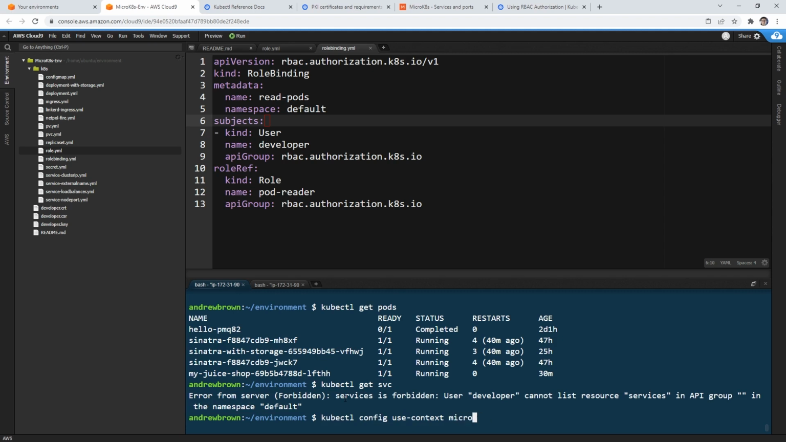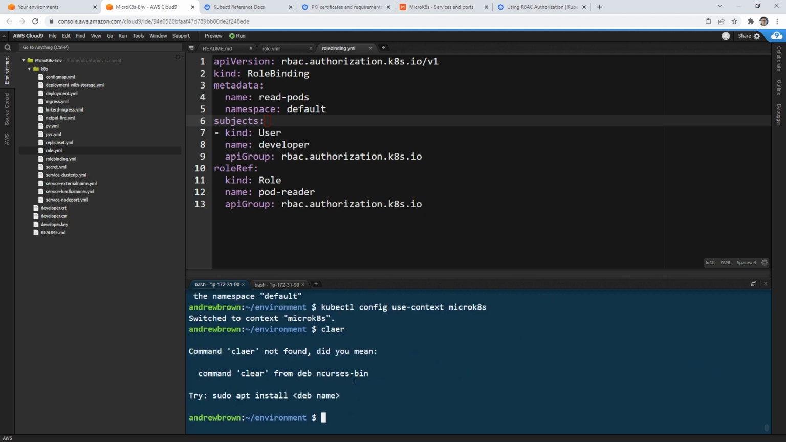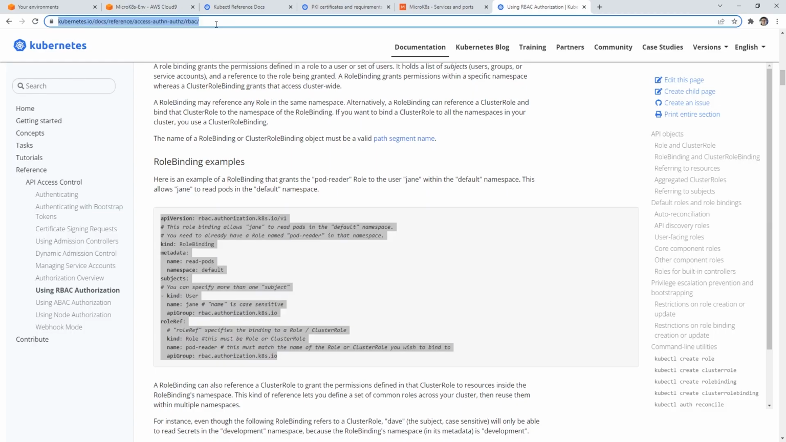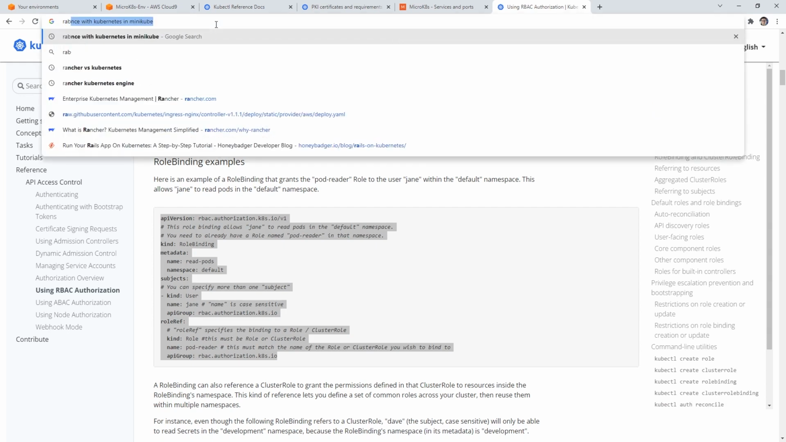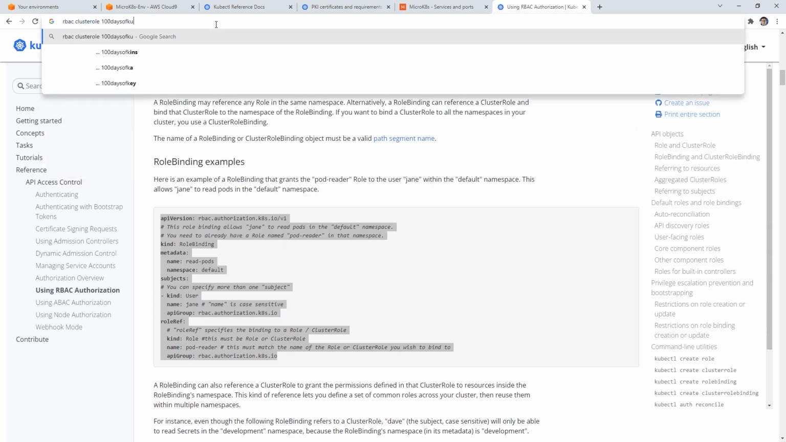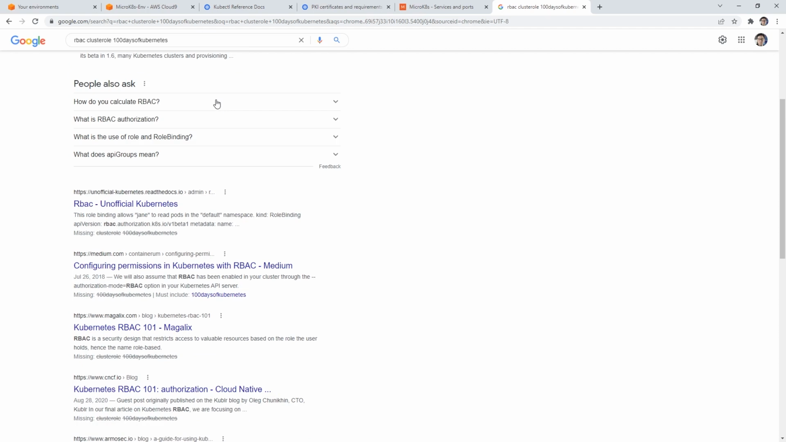And that's all I wanted you to learn. There are role-based clusters, and they're really a pain to set up, and it's just really time consuming. But if you really want to know how, I know there's a few tutorials. If we say RBAC, cluster role, 100 days of Kubernetes, I know that there is a good example there. I'm just going to pull it up here. If you want to look at it yourself,